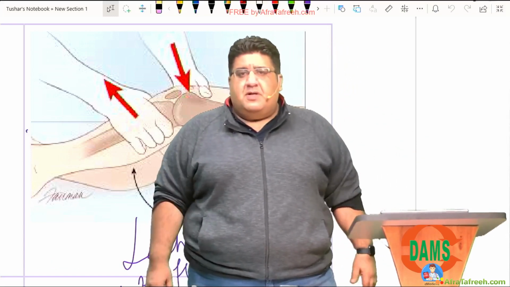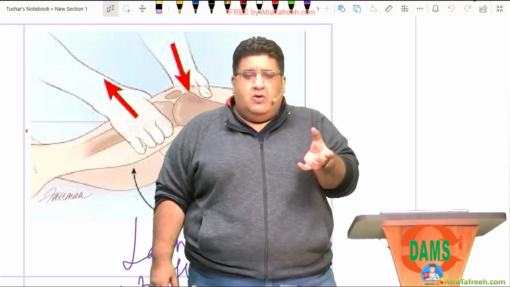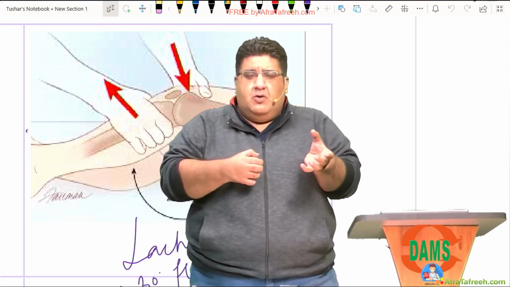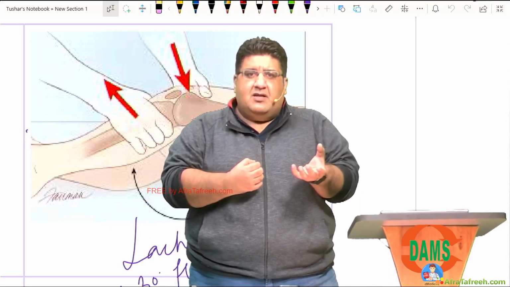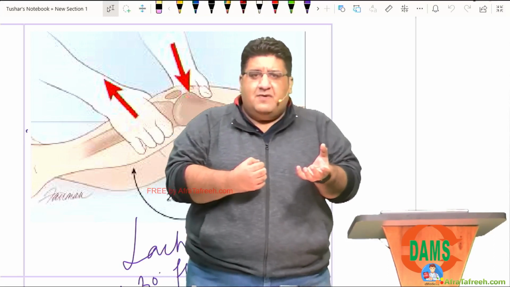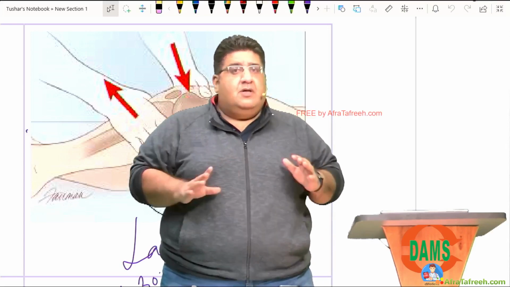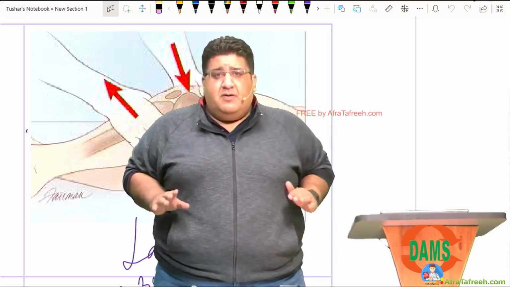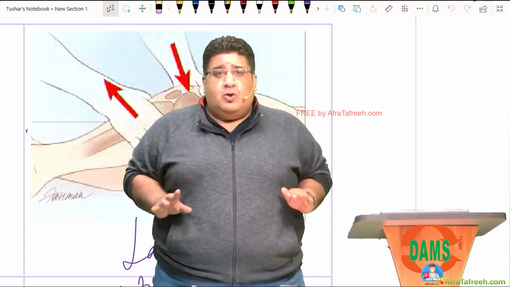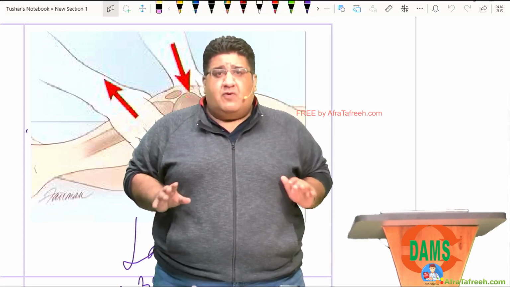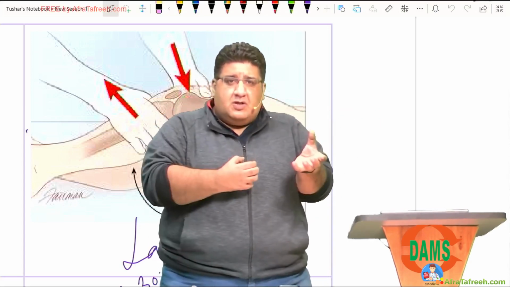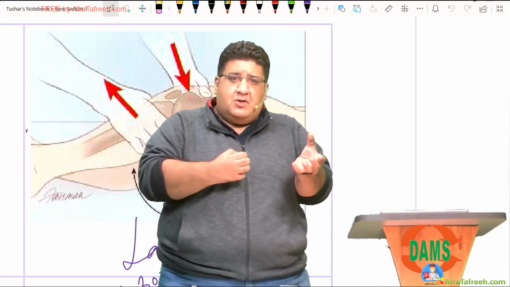Come on, let's try to understand. With the left hand, you hold the distal thigh. With the right hand, you hold the proximal leg. You flex the knee by 30 degrees. Now, once you flex the knee by 30 degrees, all you need to do is exert a pull. The fundamental is the same; there is no change in the gross fundamental from what we did in the drawer test. So with 30 degree flexion at the knee, you pull the tibia towards yourself.